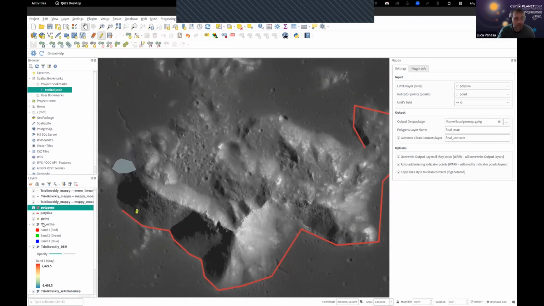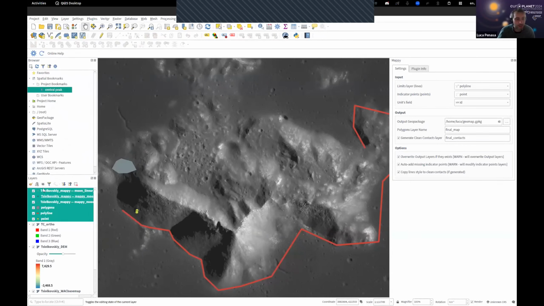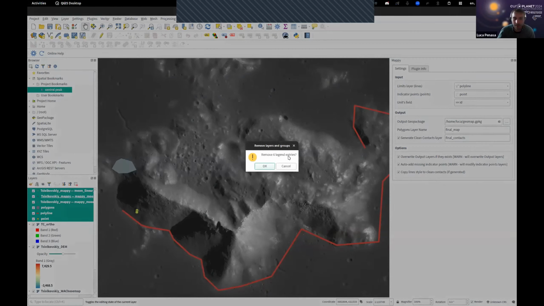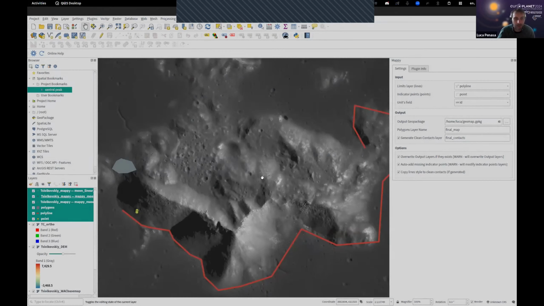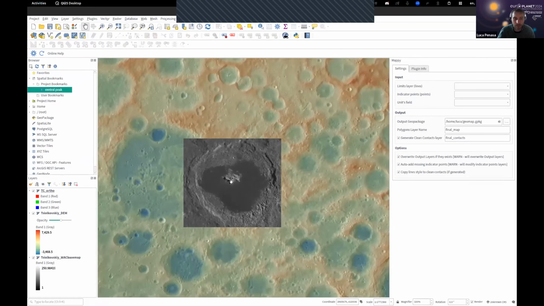I'm gonna dismiss some of those layers. We are not gonna use them because I want you to see everything, let's say, from the very beginning. So I will remove those layers, so the point, polyline, polygons, and also the Sikorsky map that I also loaded, like Riccardo did. We just right-click, remove layer. So I select the layers I want to remove, right-click, remove layer. Remove 6 legend entries, yes, okay. So I end up with this one, which might be my base map